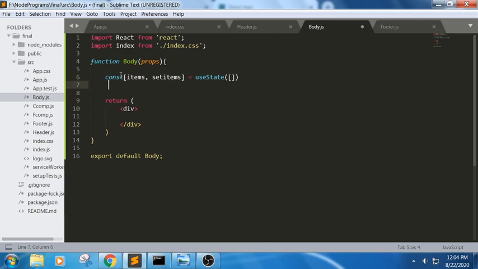Here we will define an arrow function for useEffect, and we will create an empty array which will fetch all the elements into set items, and we will retrieve each and every item of this useState, in the sense the items we have fetched.